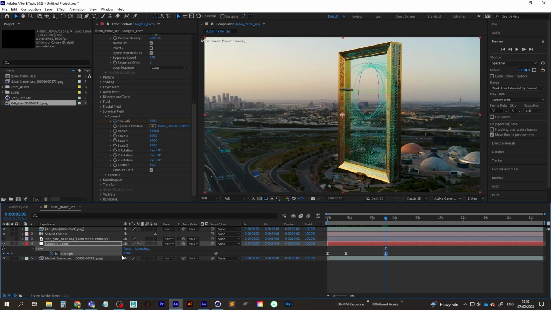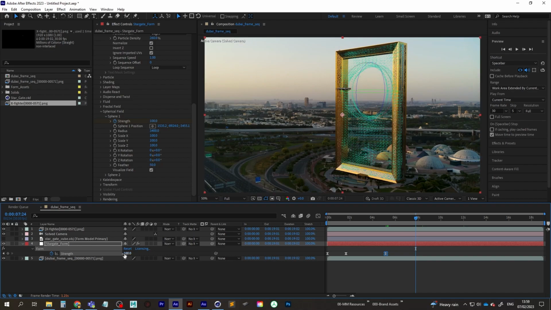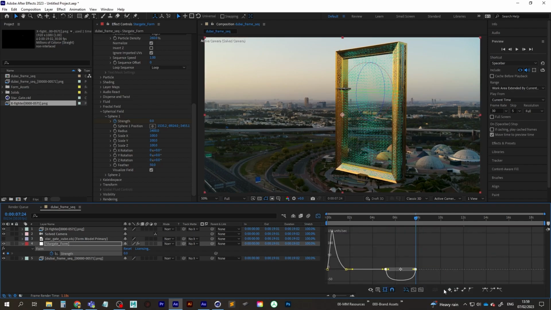Let's add a keyframe with the strength at 100, and then we're going to go to about here, and we're just going to close that wormhole. So let's set the strength now to 0. And let's select both of those keyframes and open up the graph editor,